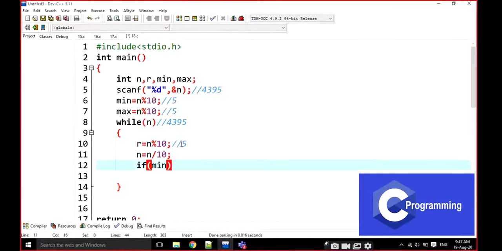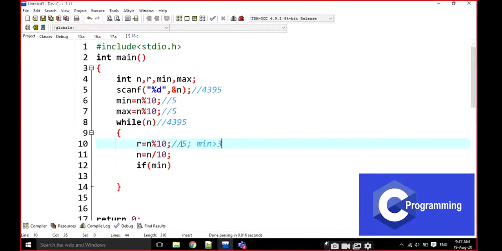For example, I am taking the 5. Minimum is also 5. What I am going to check here is whether minimum is greater than the digit. For example, think that the digit is 3. Minimum is 5 and the digit value is 3. Is 5 greater than 3?